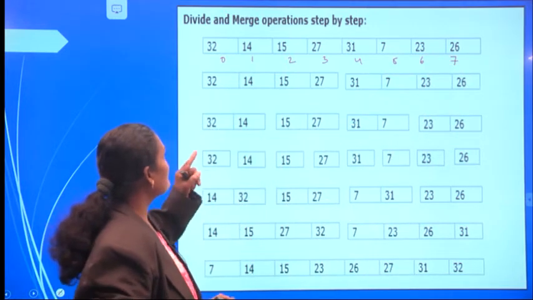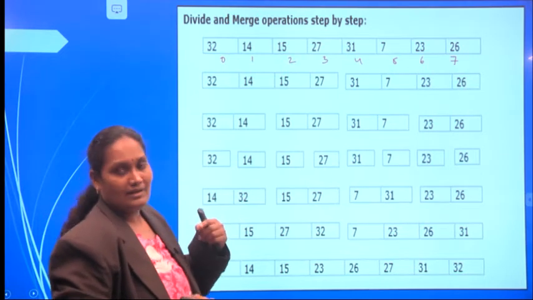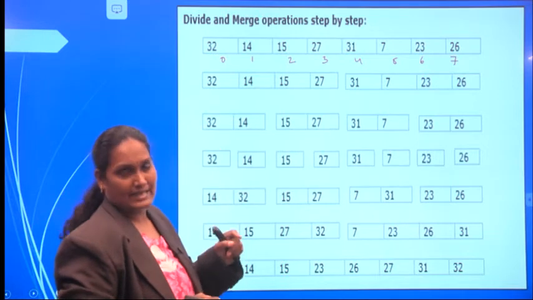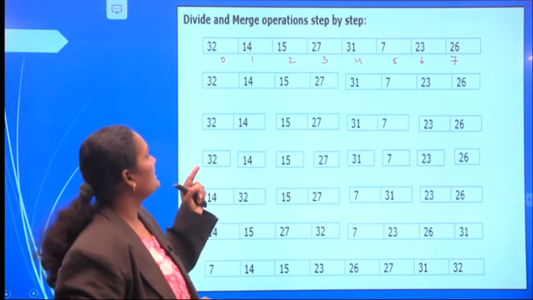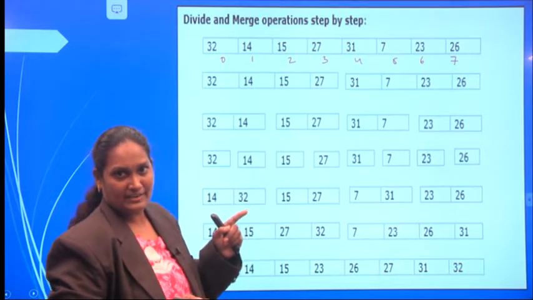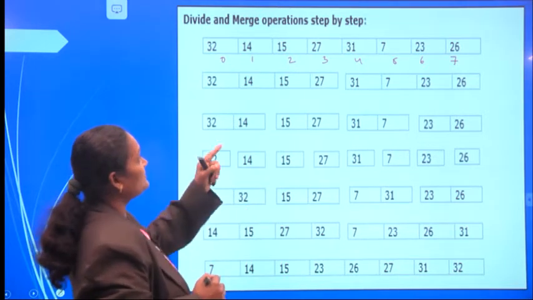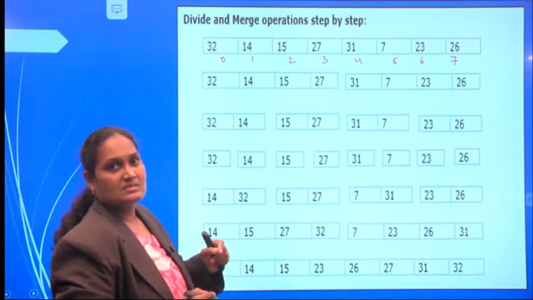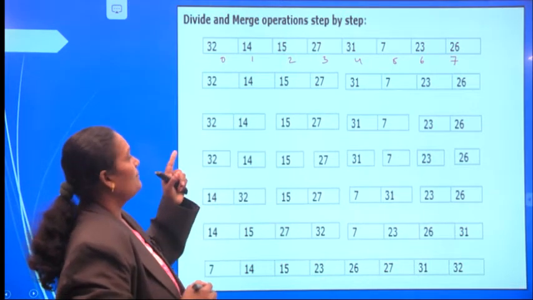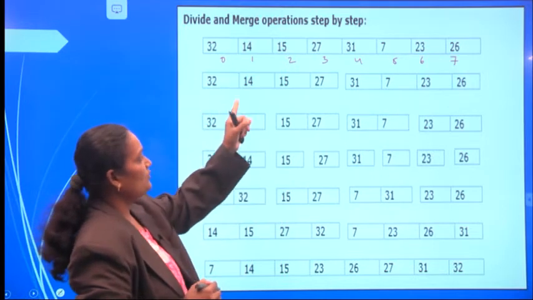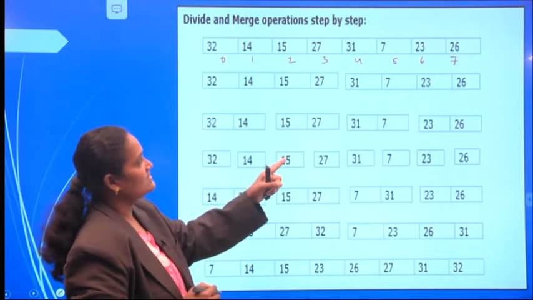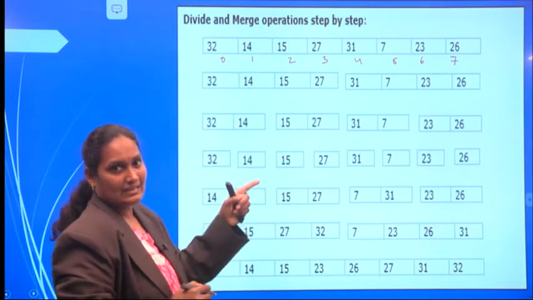Now, what is the merge sort procedure that we are following to sort the given array? First, we need to divide the array into subarrays. Where do we have to divide the array? At mid. So how to find the mid value? Low index value plus high index value by 2. If you find low index plus high index by 2, then you will get the mid value.